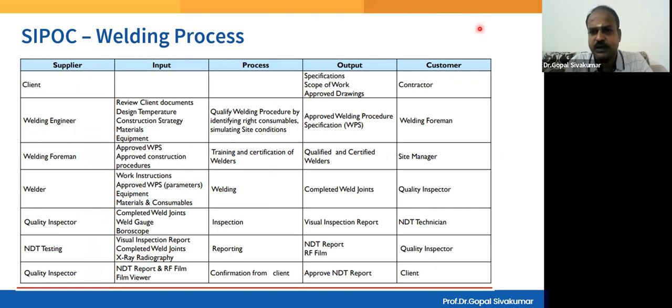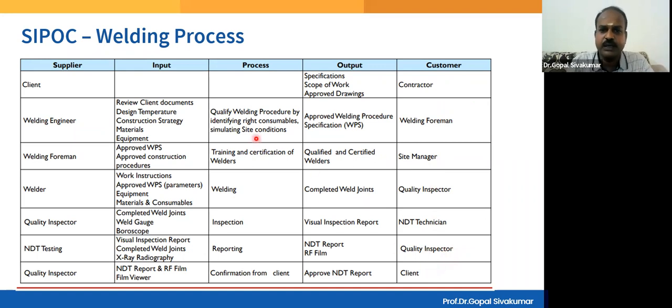And similarly, the welding contractor, welding foreman, site manager, quality inspector, NDT technician, quality inspector, and the final client. And these people appear as the customers, right? And this is the ultimate customer, and these are all intermediate customers. Without catering to the needs of the intermediate customer, satisfying the final client or your end